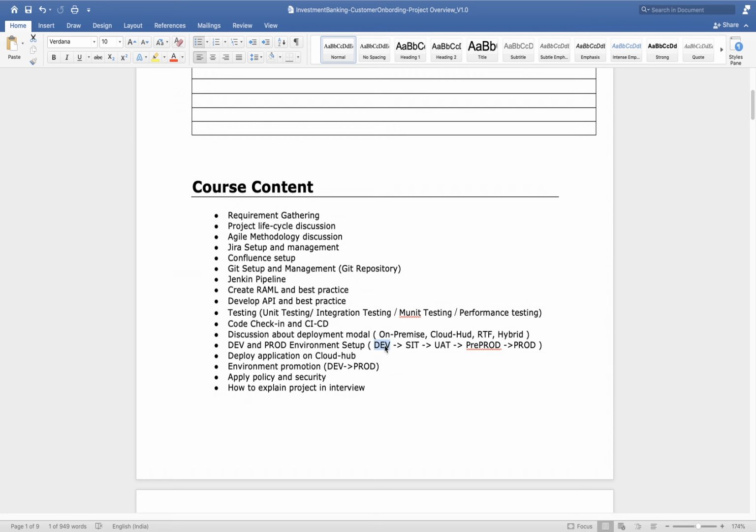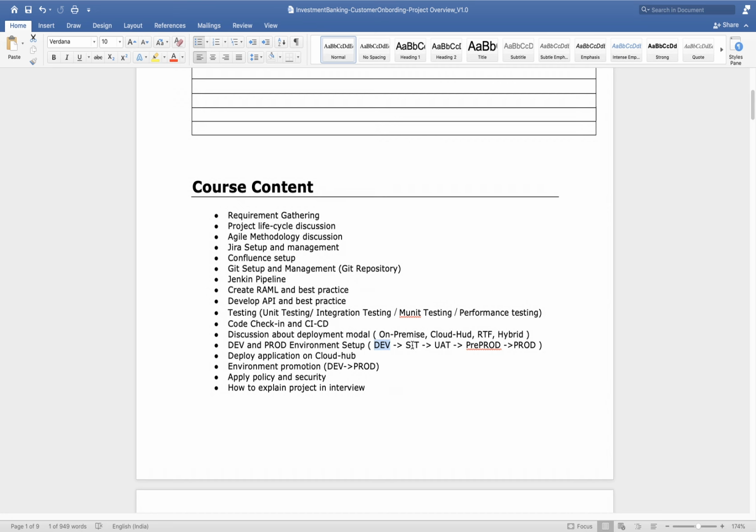Then once you complete your unit testing and integration testing, it will move to the SIT environment, and generally on the SIT environment the testing team does testing. In a few cases, like one project out of 10, the MuleSoft developer only does SIT testing also, but in 90% of cases there will be a testing team and they will do SIT testing.